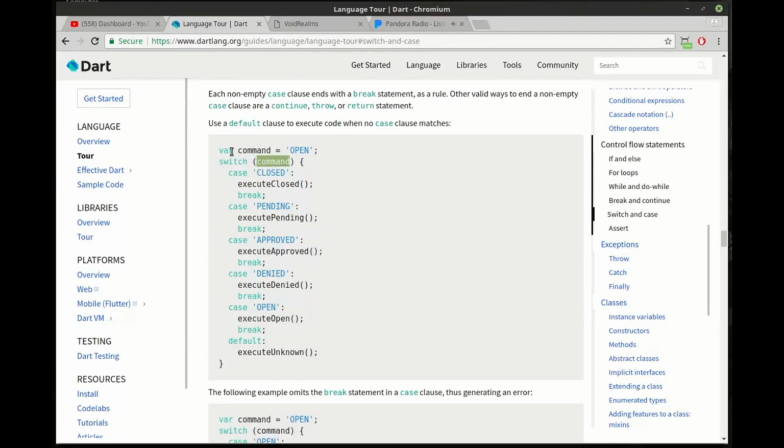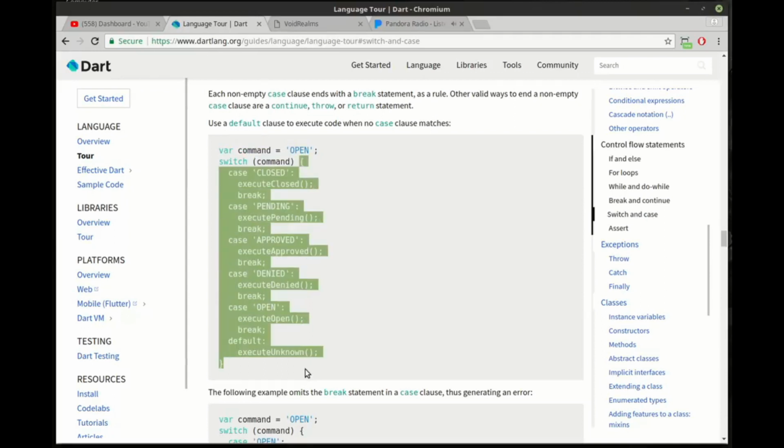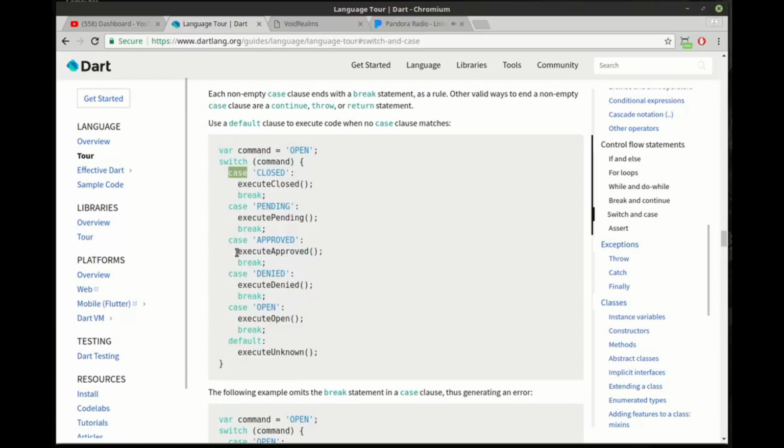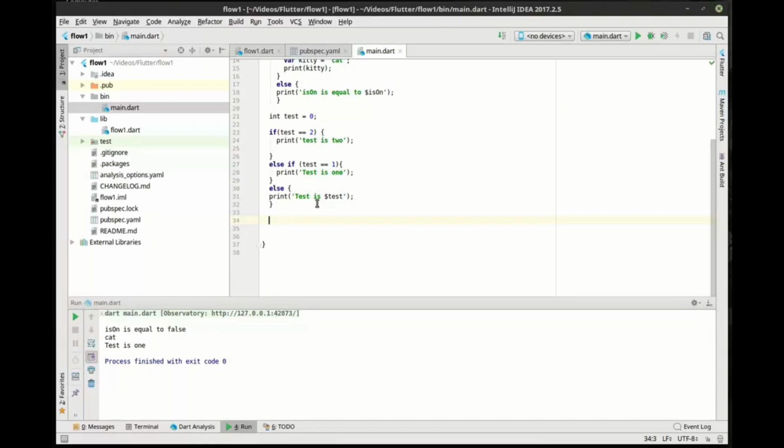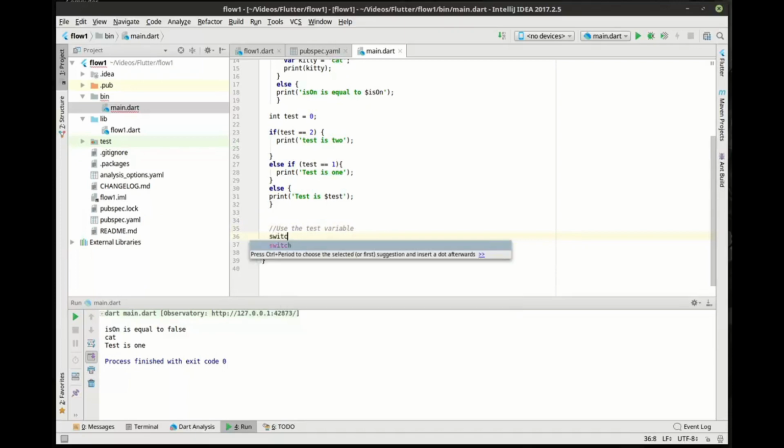So here's the variable. So we've got var command, and then we've got our evaluator, the parentheses, and then we've got a scope. So within this scope, we've got a bunch of cases. Now think of these cases as shorthand for if else. We're going to rewrite this whole thing. So using the test, switch, test,